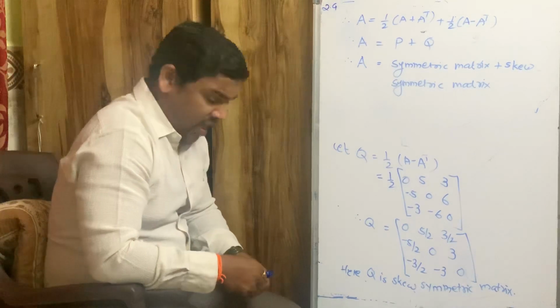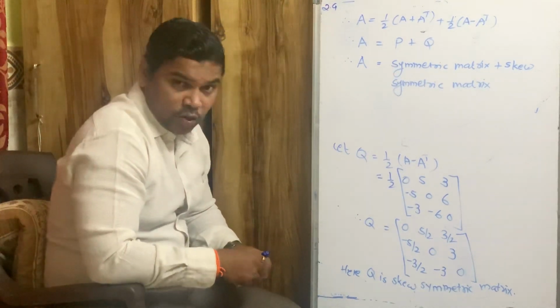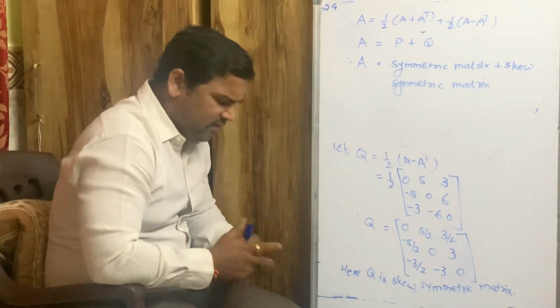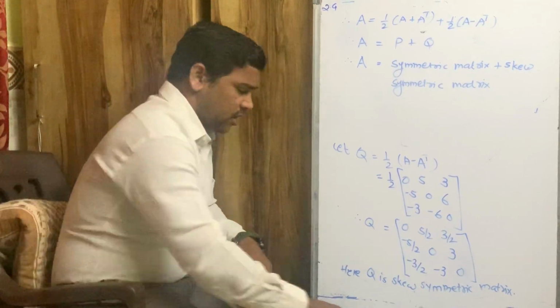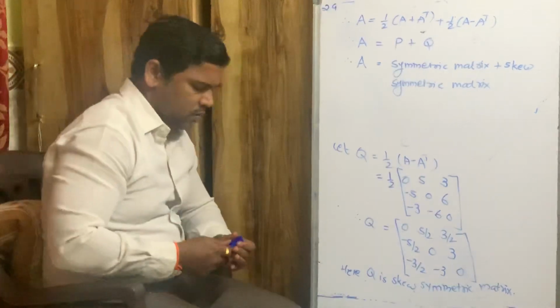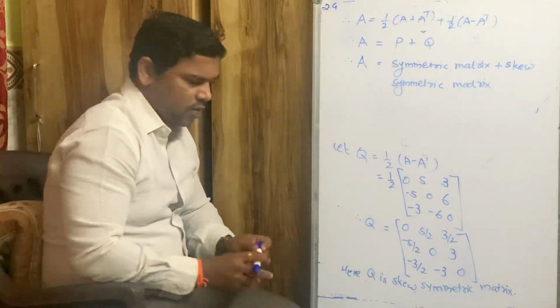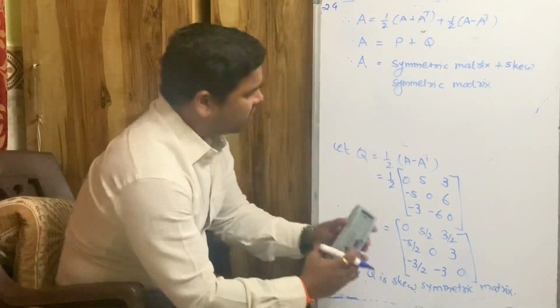In that question they have given matrix A and matrix B. Two matrices are given, and then we just have to verify certain things. Very simple question is given. I think you can do it on your own. A and B, two matrices are given.